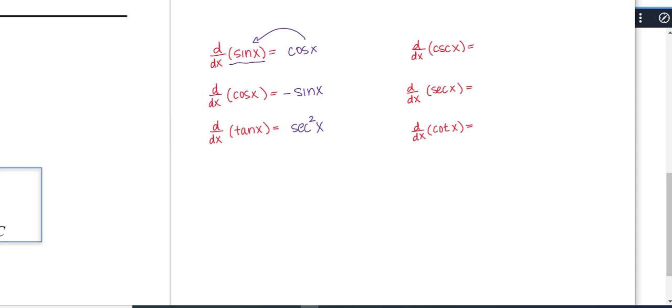Derivative with respect to x of cosecant, remember all co functions are negative, so I had the derivative of cosine being negative sine, derivative of cosecant will be negative, and the derivative of cotangent as well. So the derivative with respect to x of cosecant x is negative cosecant x, cotangent x. Secant x is secant x tangent x,